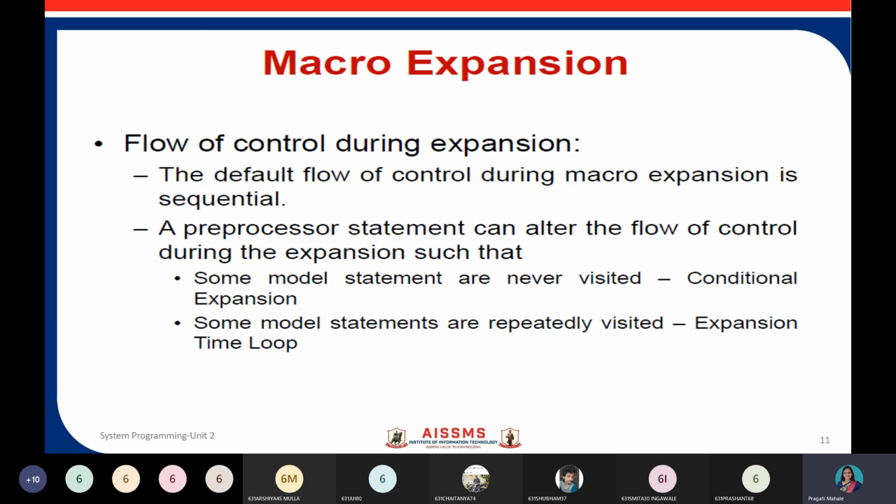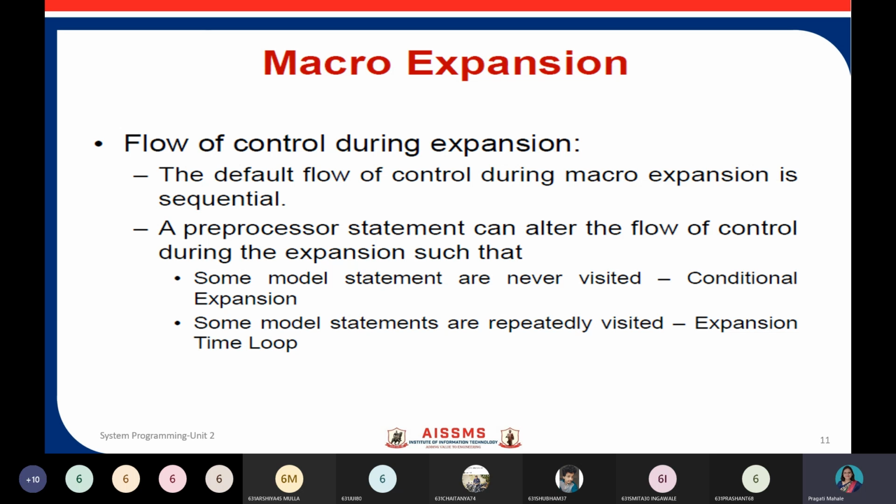Some model statements are never visited in the macro, or they are visited only on a particular condition, so that is called conditional expansion, whereas some statements are repeated like a loop, so we call that an expansion time loop. So this controls the flow of control.